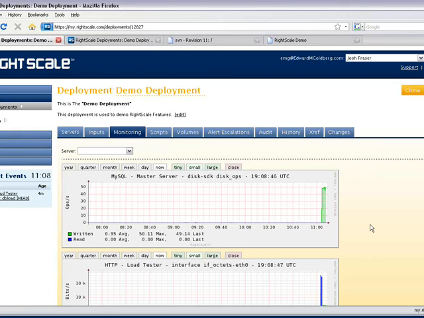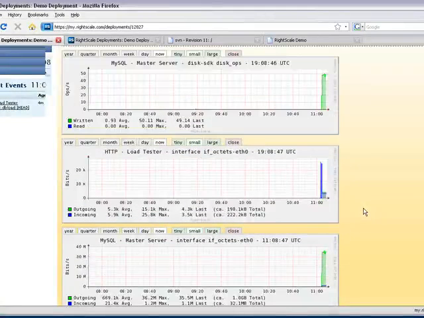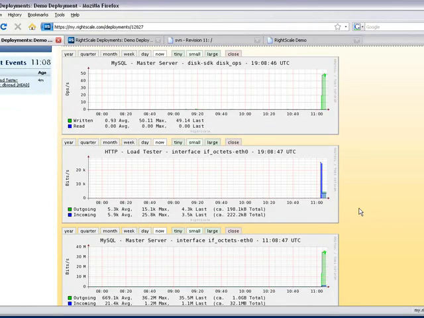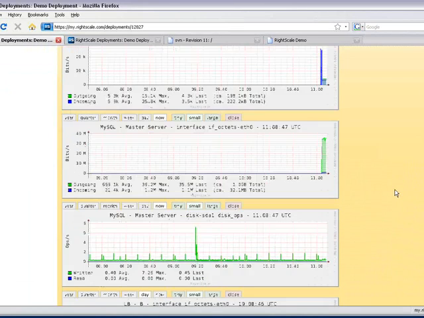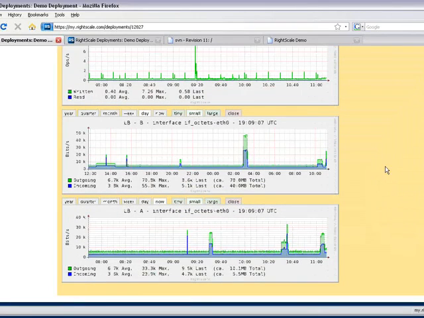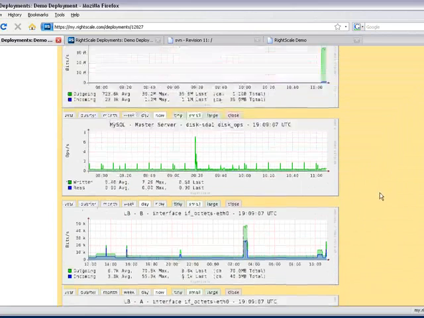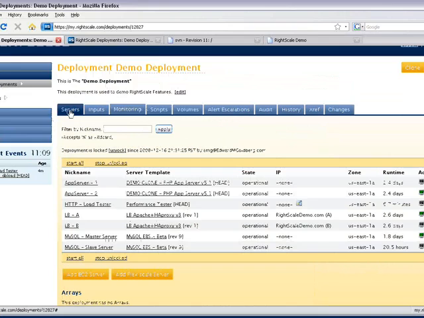With these plots, which I can see at the deployment level, I can see not just one server, but any of the servers in the entire deployment. So here's my load tester generating load. You can see it actually does a lot during boot, and now it's generating load. This is my master server's I/O interface. It's getting a little bit of requests, mostly replying. And all the other things in the neighborhood, how the load balancers are working, the fact that I'm hitting both load balancers. Great way to know what sort of load your servers are under and analyze the need for what